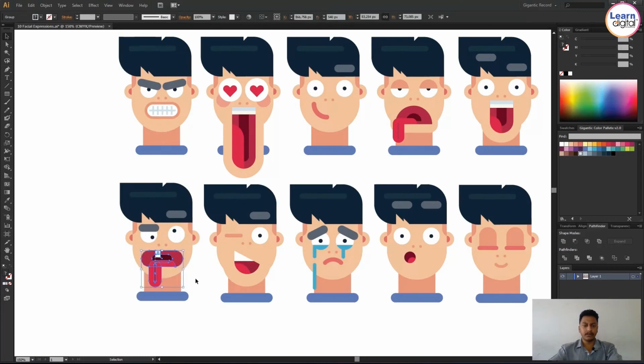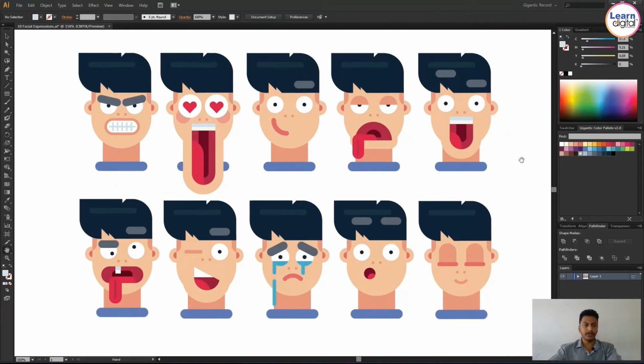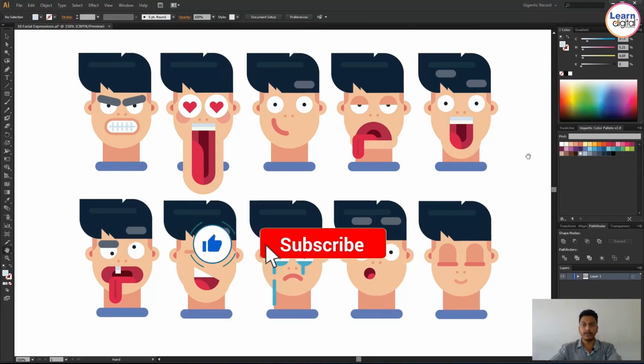So here you can see. I hope these facial expressions will give a smile on your face. I hope the session was informative. Try to create a lot more different types of expressions. Initially start with a reference and try to create different expressions with different color tones and skin tones. You can play. I hope the session was informative. We'll catch up in the next session.